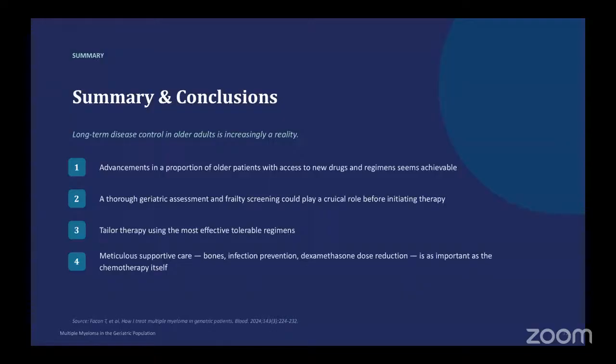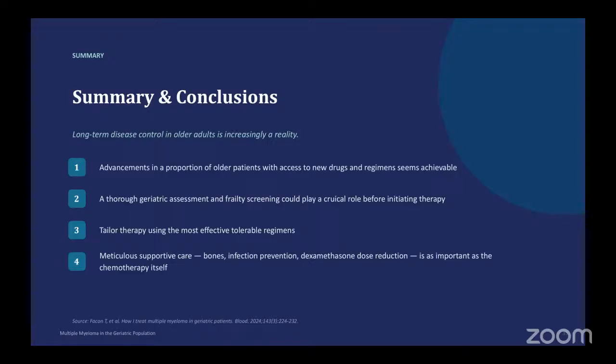Now this concludes the presentation, and to summarize, I would like to leave you with 4 key messages. The first being that multiple myeloma was reported to have high prevalence in older adults in the US, and its importance will continue to increase as population age. The second message is a formal assessment of frailty, comorbidity, and physical function could play a vital role in predicting disease progression, expected side effect profile, and it would also help with individualizing treatment options.